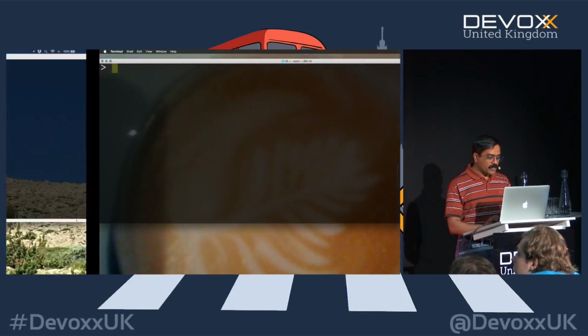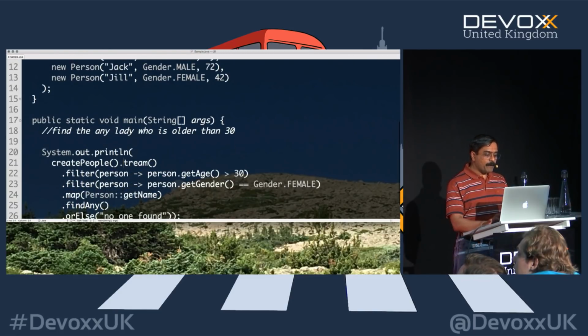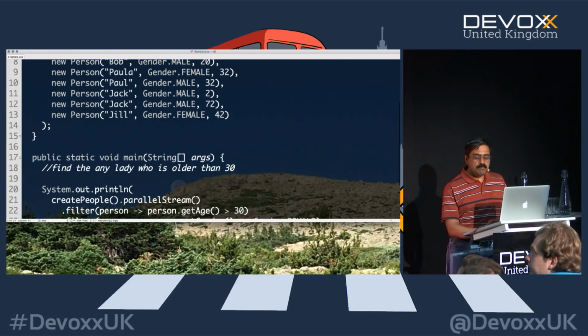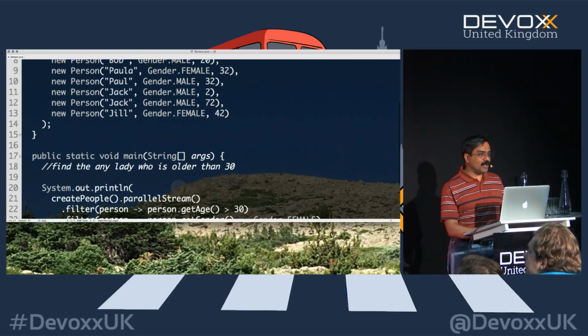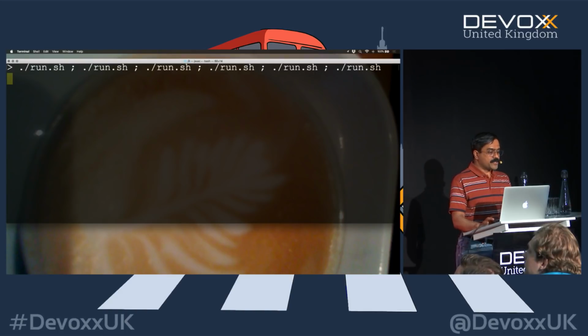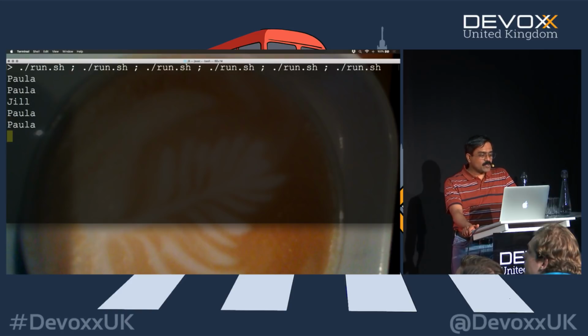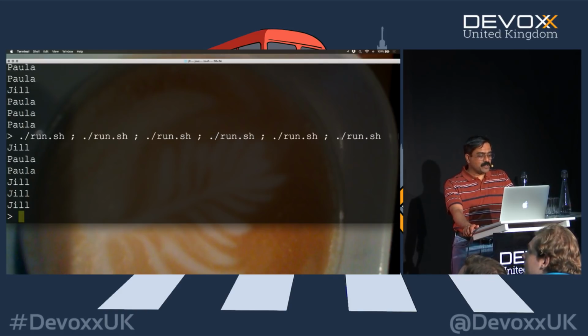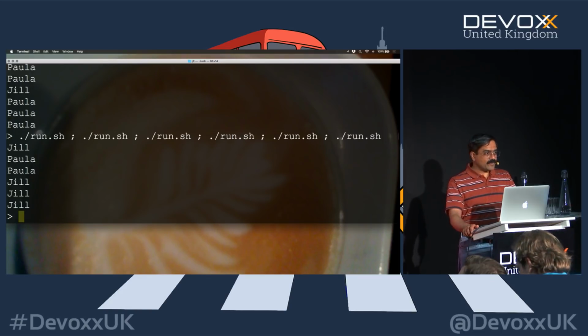On the other hand, if I were to turn this into a parallel stream, then all bets are off, aren't they? Because it's running in parallel, it might be Paula, it might be Jill. I have no clue which one it would be. So let's give it a try and see what the system wants to think. When I run this, you notice it is Jill, at least once. So that's kind of where the parallelism actually kicks in. It could be just about any, if you will. There is no guarantee as to which one it would be. That's one of the differences.